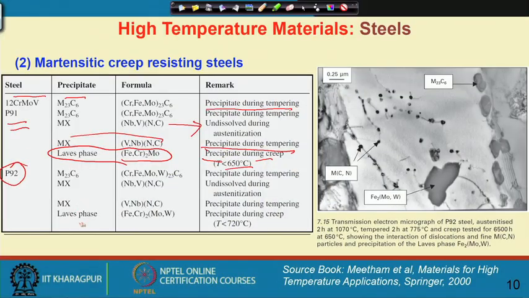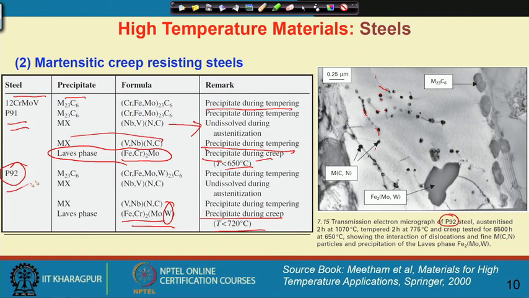P92 is also another derivative where we purposely add tungsten, so that we get this precipitation strengthening effect and so on. So, I show you one of these microstructures of such martensitic creep resistant steel. This is a transmission electron micrograph where you can see the precipitates, and these are the dislocations. So, how the interaction of the dislocation and precipitate occurs,